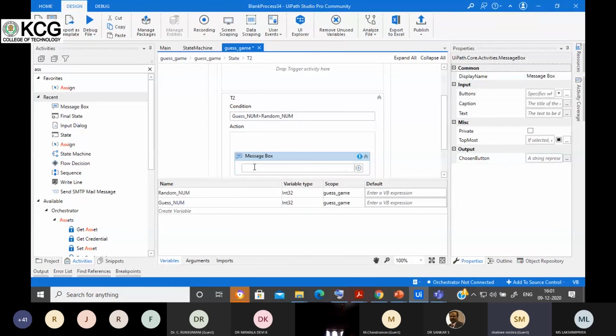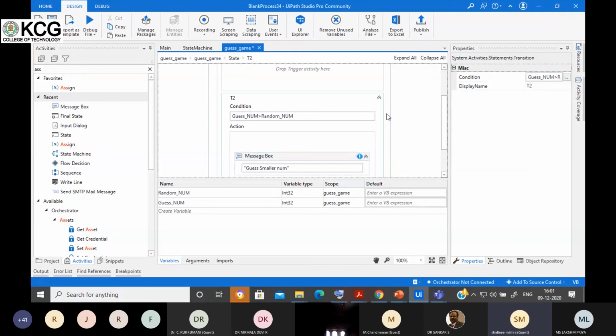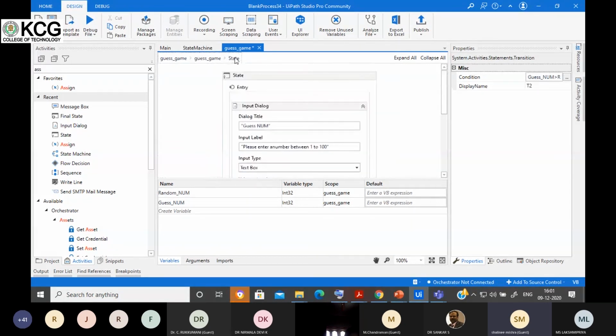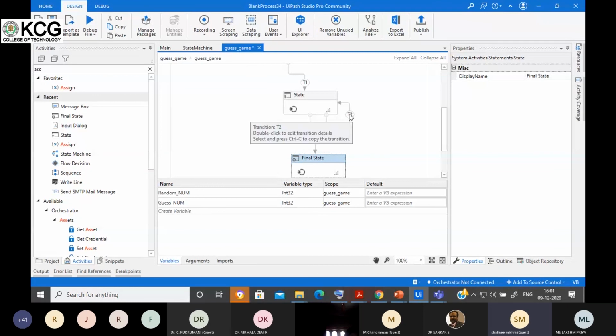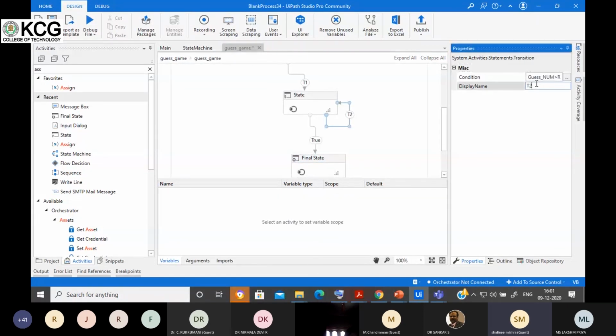So inside the action part I'll write: guess smaller number, or try smaller, whatever you want to write. Now it gets added, and I'll name it smaller so that I can identify what is going on here.